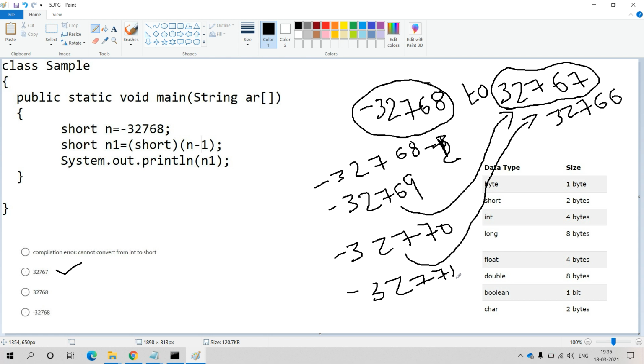That means more than the capacity is available, and the capacity exceeding here is 3, and we need to decrement it by 1 and try to print the positive value of the maximum short type. The positive value of the maximum short type is 32767, and if you are trying to decrement it by 2, you will get 32765. That is the answer that we are going to get for this negative value representation in the short. If you are trying to print this in the short data type, we will get the answer here in this format. Like that we have to analyze the things.